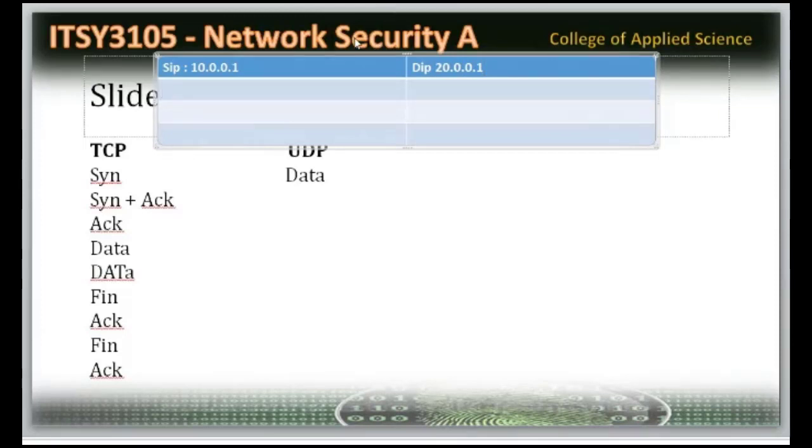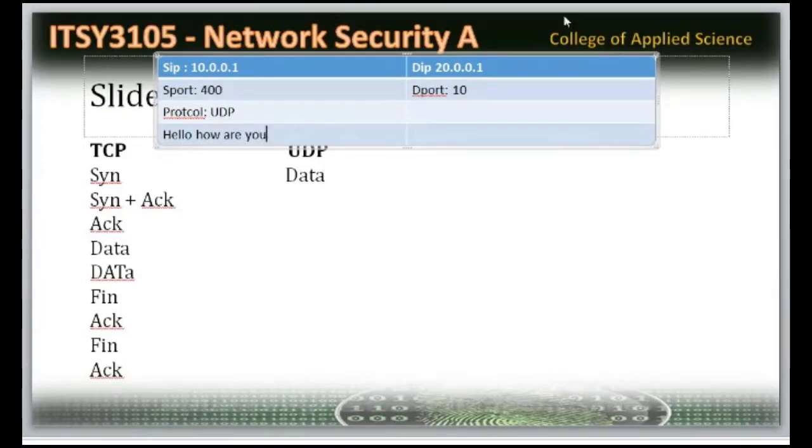Now my port number, the source port number, I know. This is my port number. So your port number, that means the destination port number, is this. Now for the destination port number, for example, I want to check if 10 is open in your machine or not. What is the protocol I'm using? The protocol I'm using is UDP. And the data I'm going to send is "hello, how are you?" This is the data.